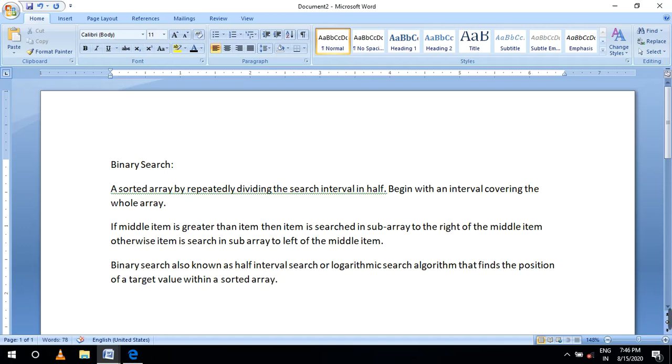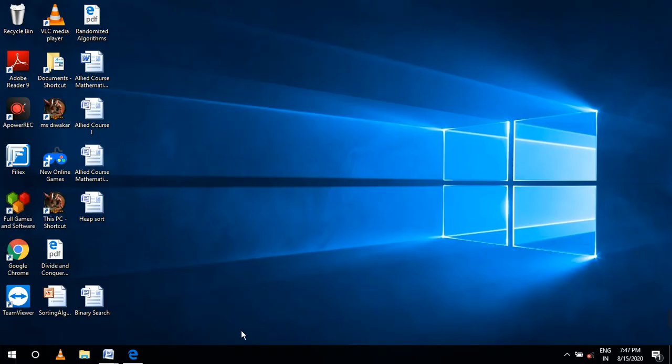So in binary search, we are finding in which element your target is. I give you n number of elements, and in that sorted array you find which element is your target. Binary search, half interval search and logarithmic search are all the same; these are the names you follow.